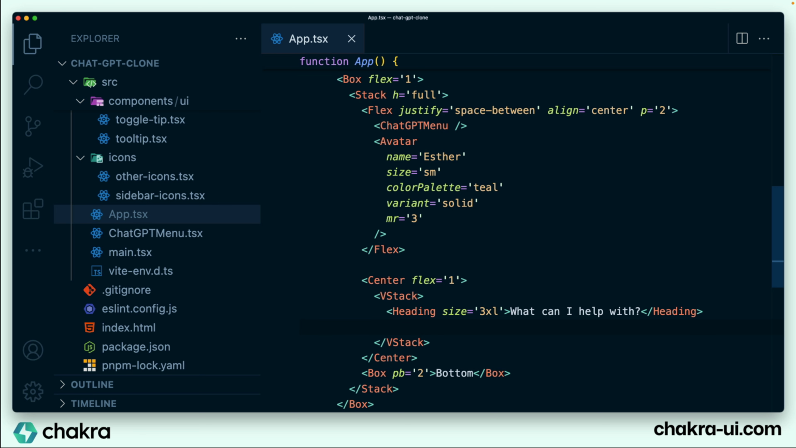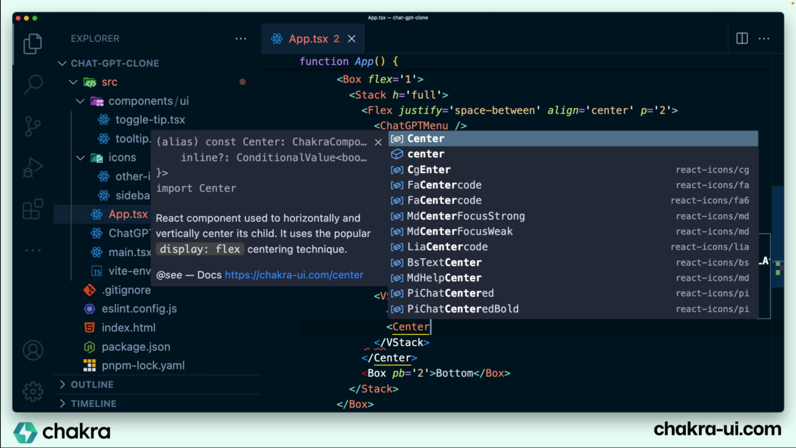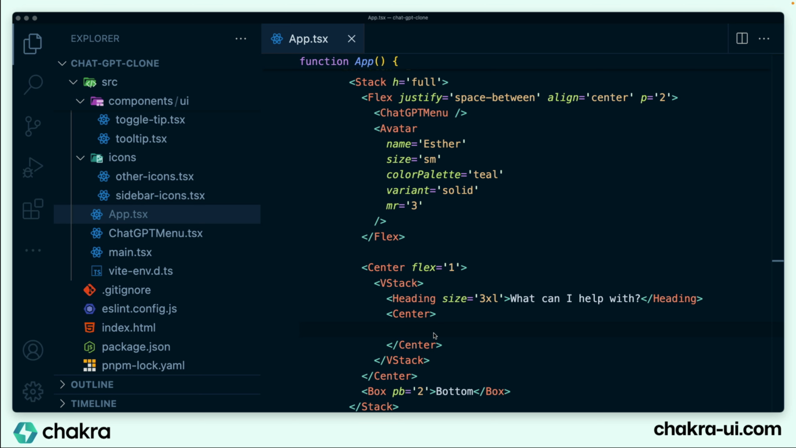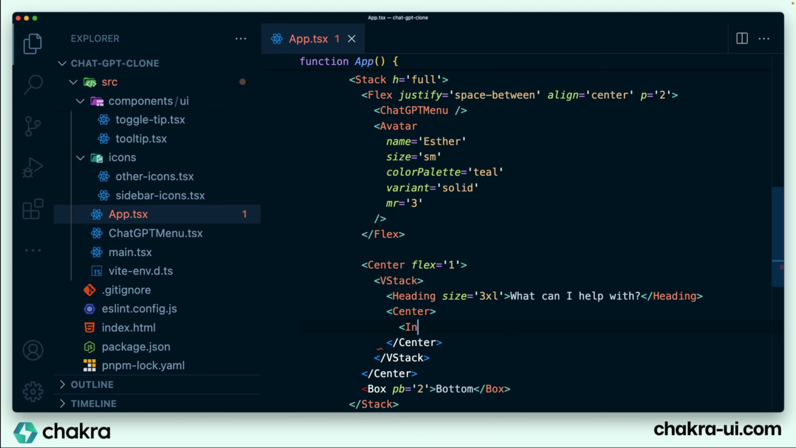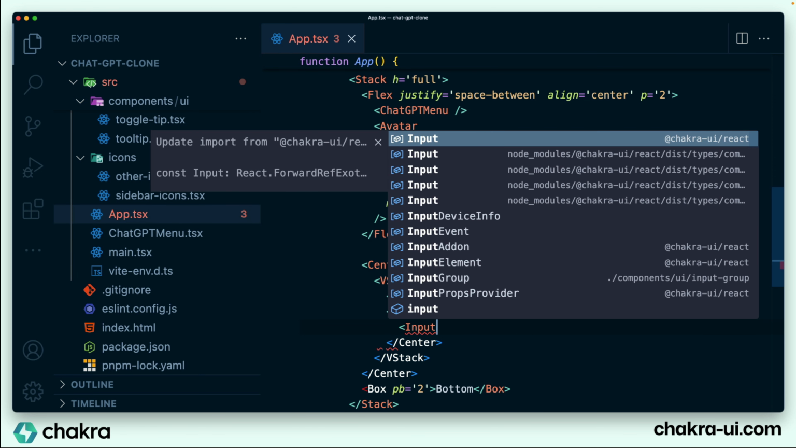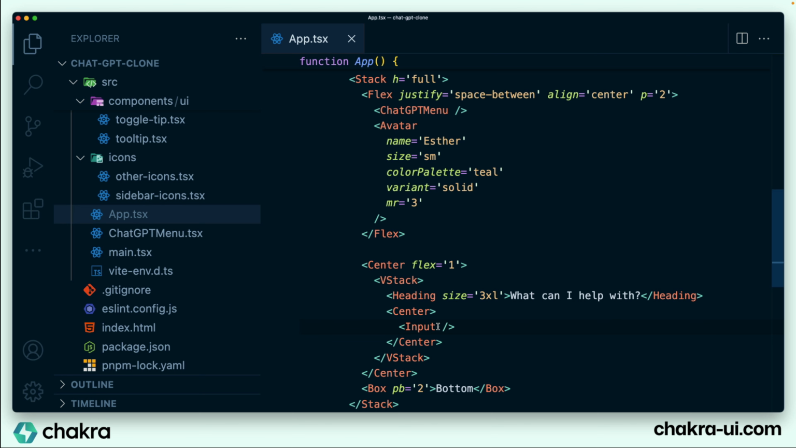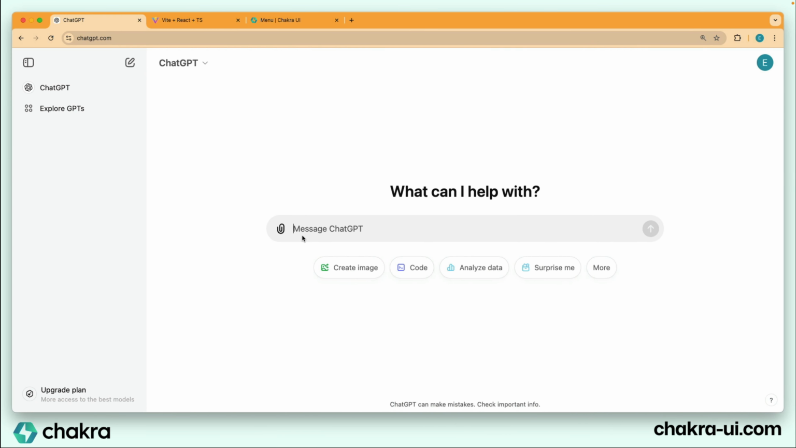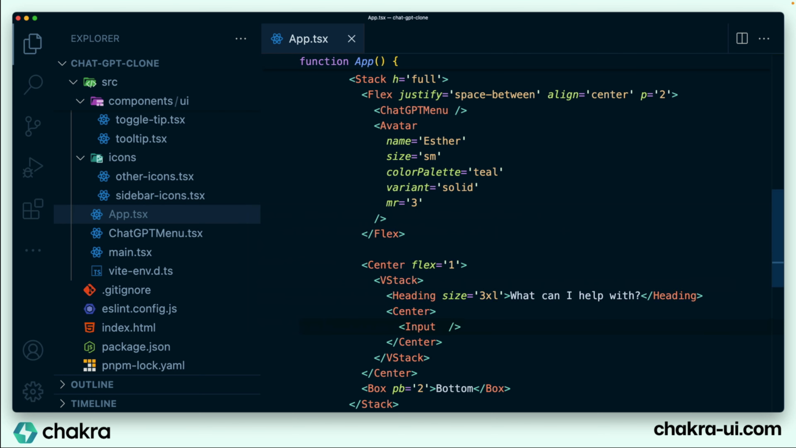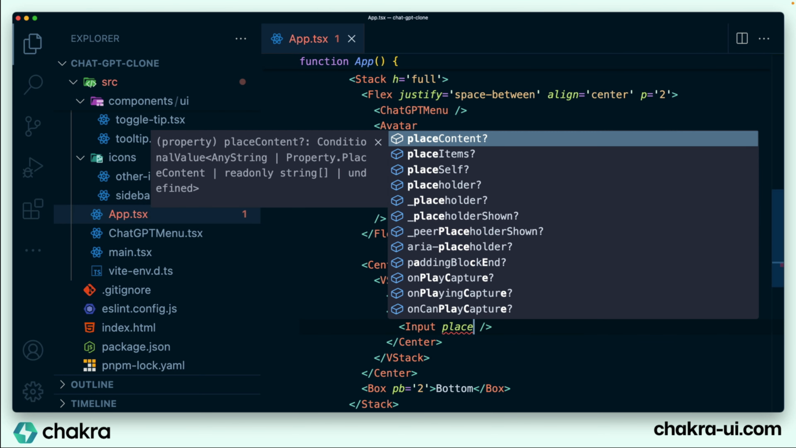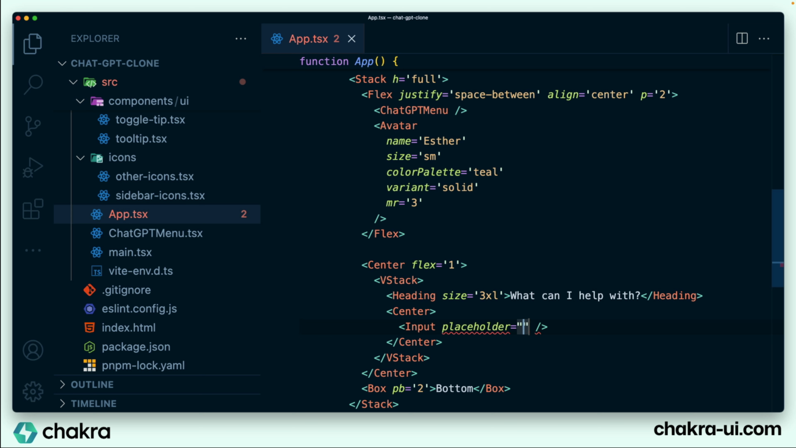The next thing is a center component. So this center component is what will contain our input group. So add in center. And within center, we begin to add in the inputs and the other input elements. So let's import inputs here from Chakra UI. And based off what we have in ChatGPT, we see that it has a placeholder that says message ChatGPT and a couple of other styles. So we add this in, placeholder, input takes a placeholder, prop, and this says message